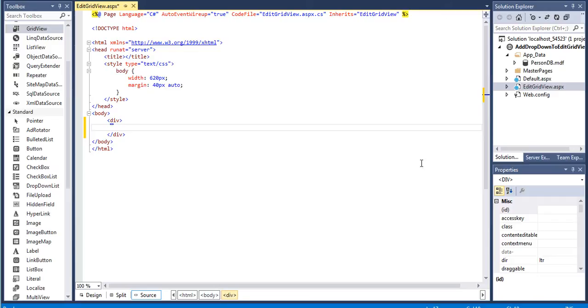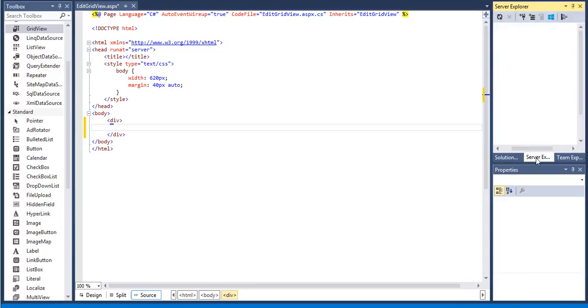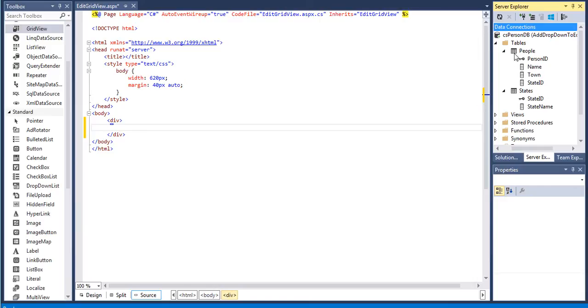Welcome. In this tutorial, we will be using a Gridview object to edit information from a table. For this example, we've created a website, and to this website we've added a database. Now this database consists of two tables, a people table and a states table. And you'll notice that in the people table we are using the state ID to reference the state name in